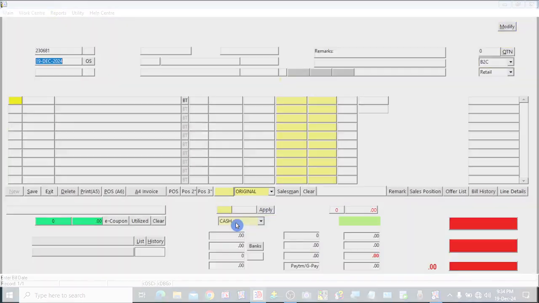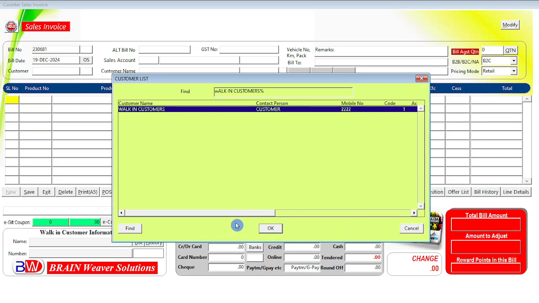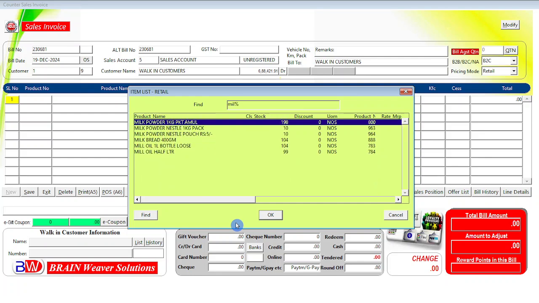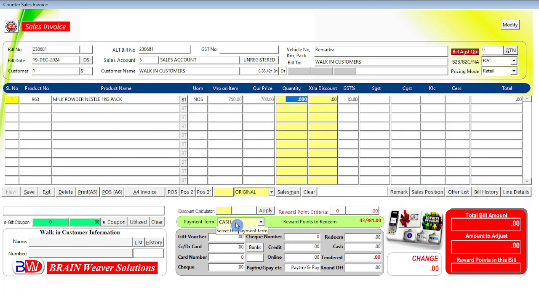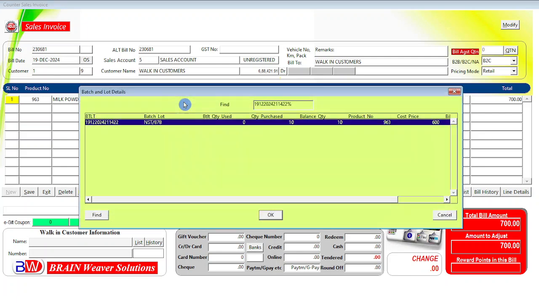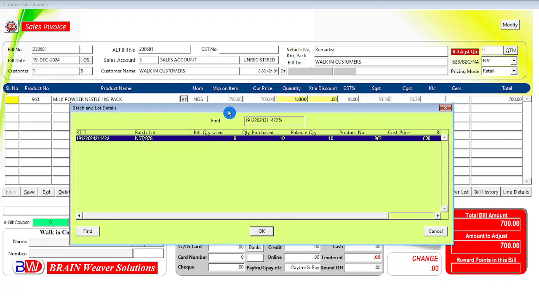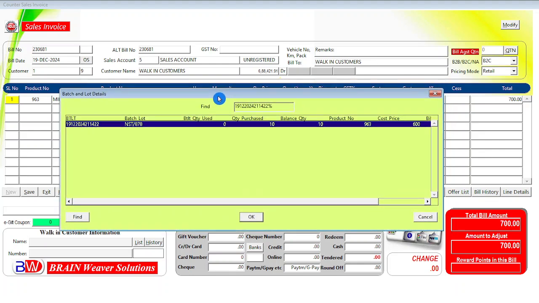Let us make a sales entry. Milk powder Nestle 1 kg pack. 1 packet I am selling. Here also you can see the batch lot information button is placed here. By clicking this batch lot button, whenever you click the batch lot button, the system will display